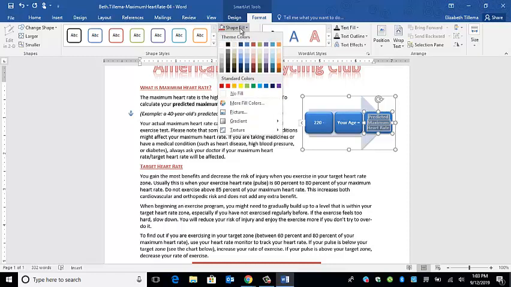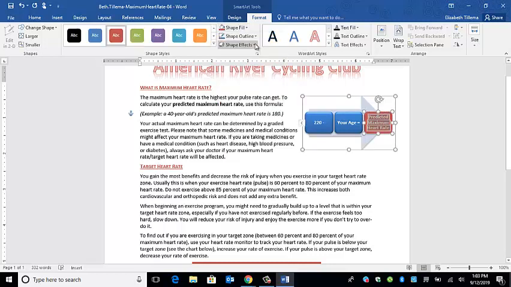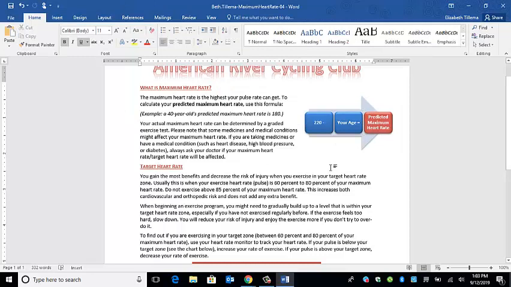I want you to change it to Red Accent 2, which is right here. So we've got two blue boxes and a red box. Step 8, this is where we are going to use that picture that we downloaded. So step 8A says place the insertion point at the end of the section heading,